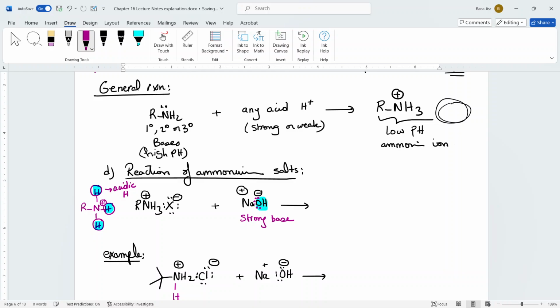And the idea, again, same idea, bases are going to come and take any of those acidic hydrogens. And if this happens, then the ammonium ion is going to lose a hydrogen. It's going to be one hydrogen less. So you're going to end up having an NH2 in there with a lone pair. Plus, of course, since the base, the OH, took the hydrogen, it's going to become water. And any leftover elements that are present from the NaOH, we are left over with the sodium. And from the ammonium ion, we're left over with the halogen.